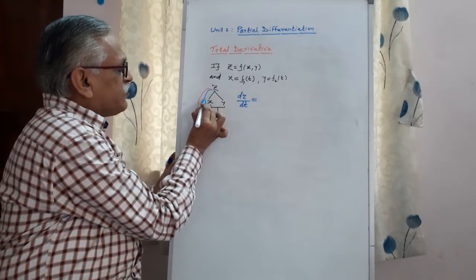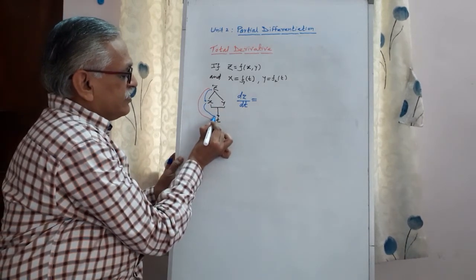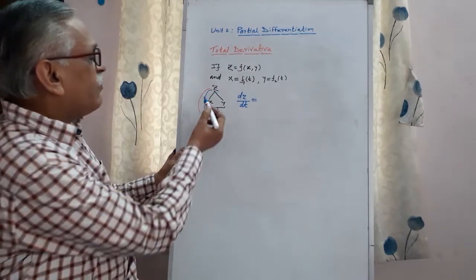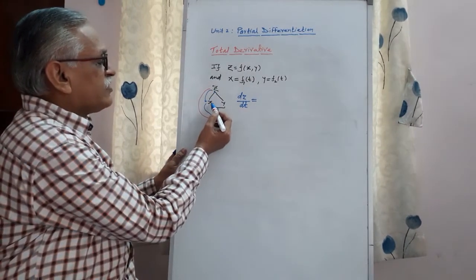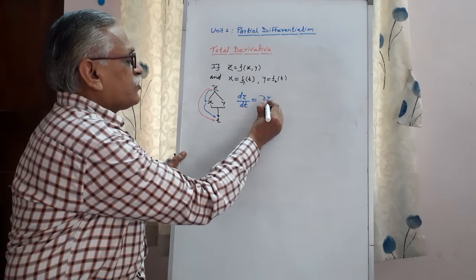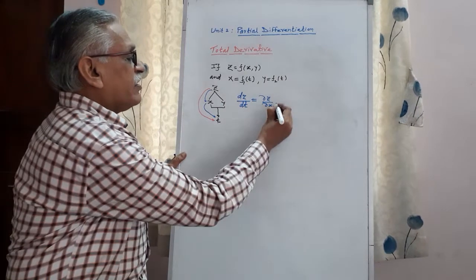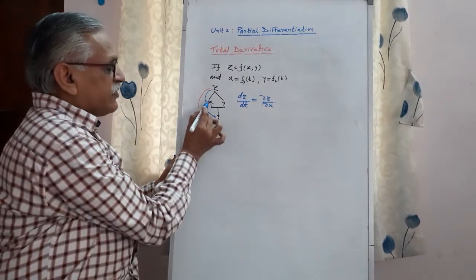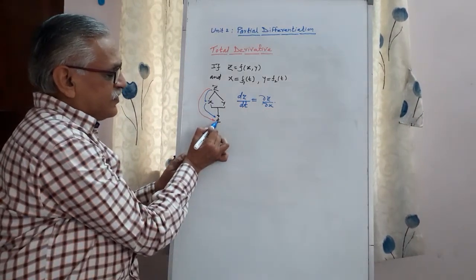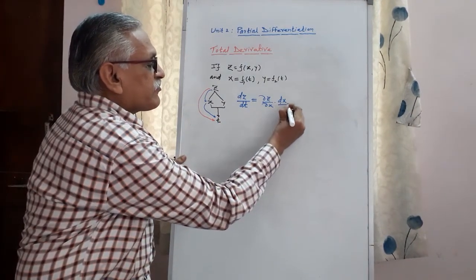Differentiate z first with respect to x and then x with respect to t. When we differentiate z with respect to x, it must be a partial derivative. Therefore, it is dou z by dou x into, by chain rule, the derivative of x with respect to t, a function of only one variable. Therefore, it is dx by dt